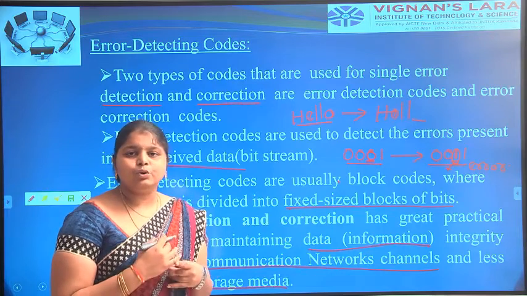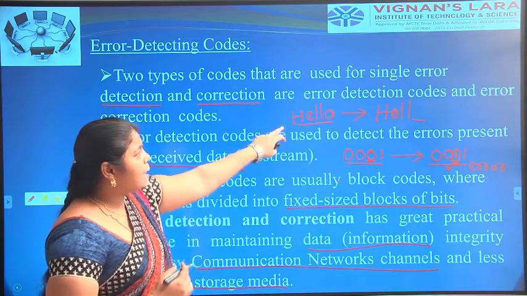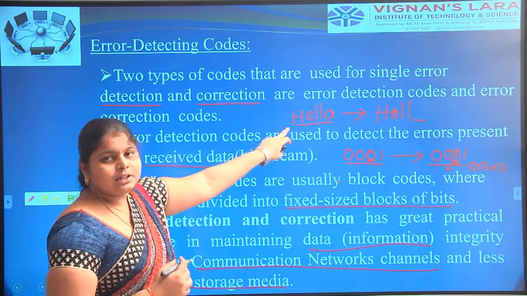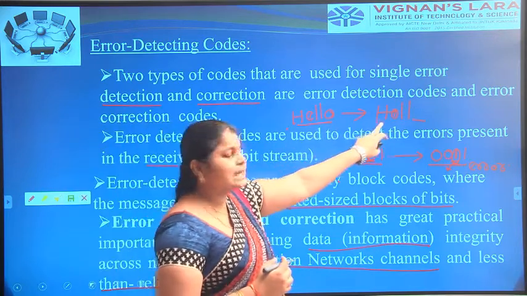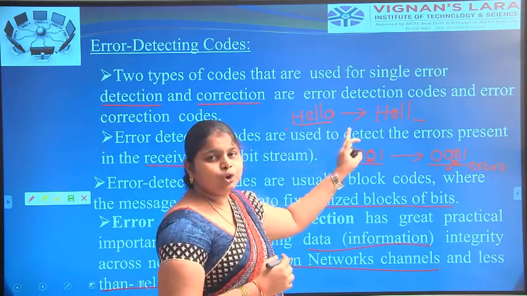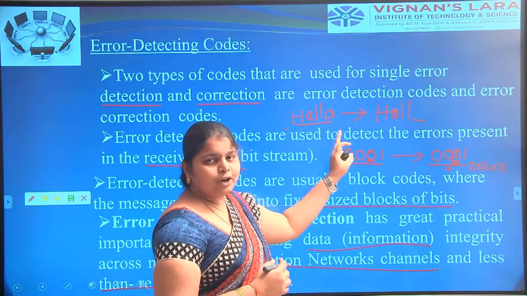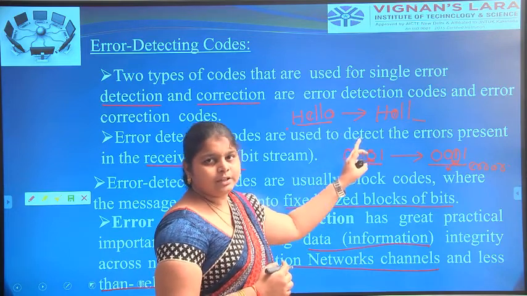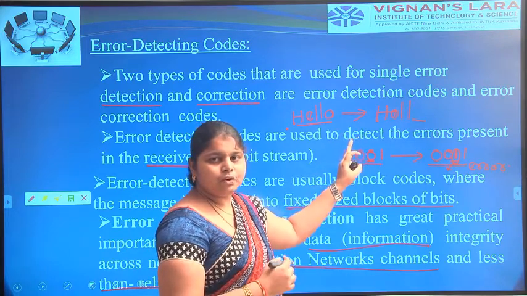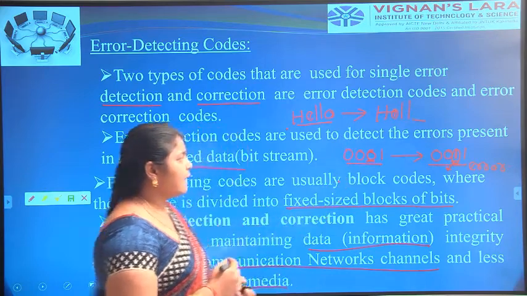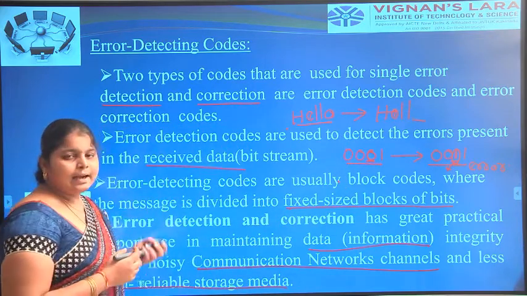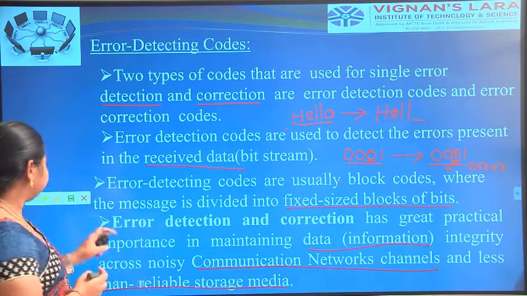Here the example of HELLO is like this: the transmitted data is HELL. There is noise and reliability is less, meaning quality and performance decrease. This is the error detection code definition.